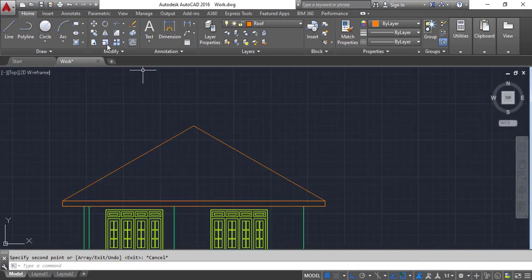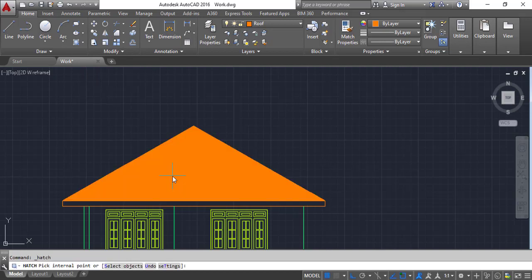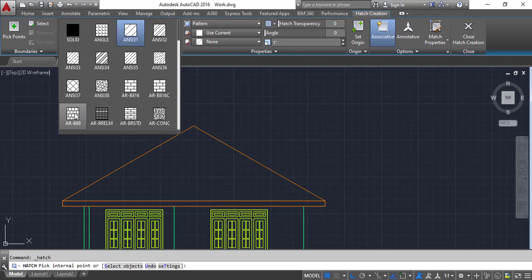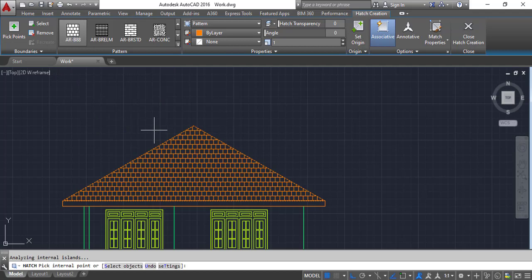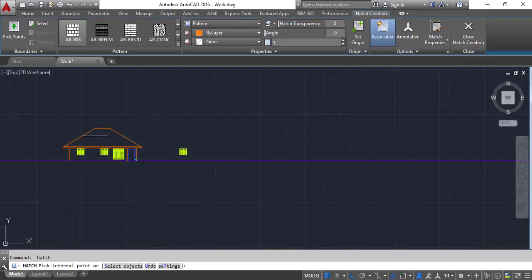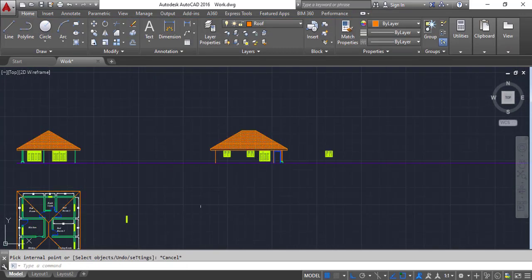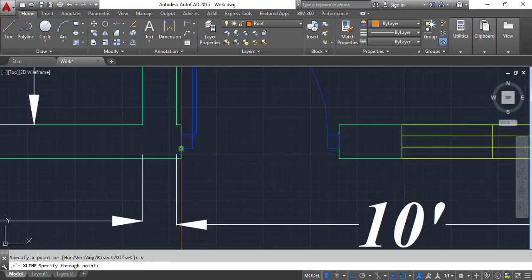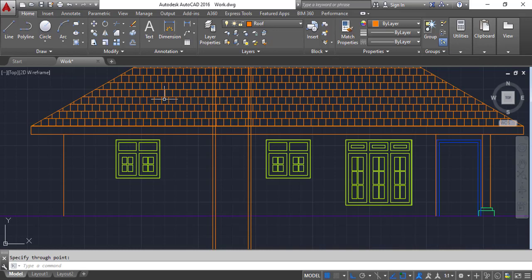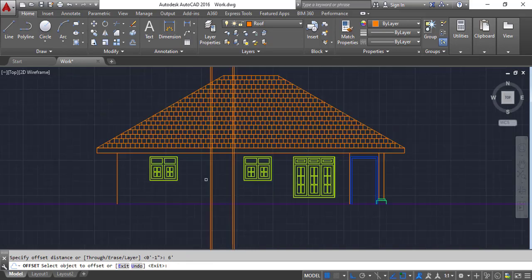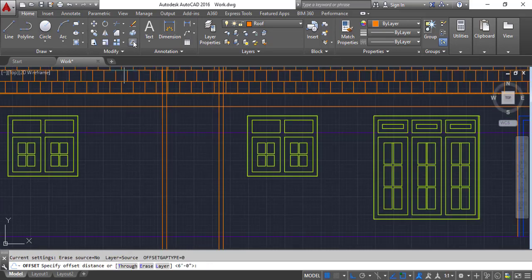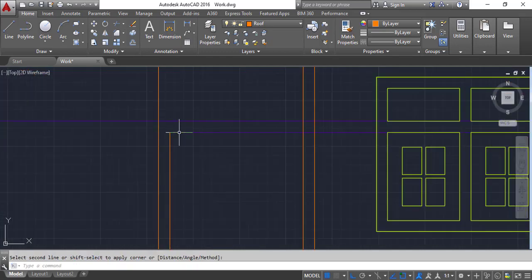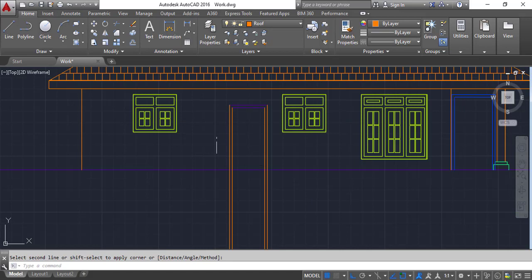Now I'm going to add some hatch, using hatch, and I can select the hatch here, this, and click this one, and hatch, press escape, and here we have to draw a door for here, construction line tool, V, enter, and here I'm going to draw a 6 feet door, offset 6 feet, enter, offset 3, enter, chamfer, trim,